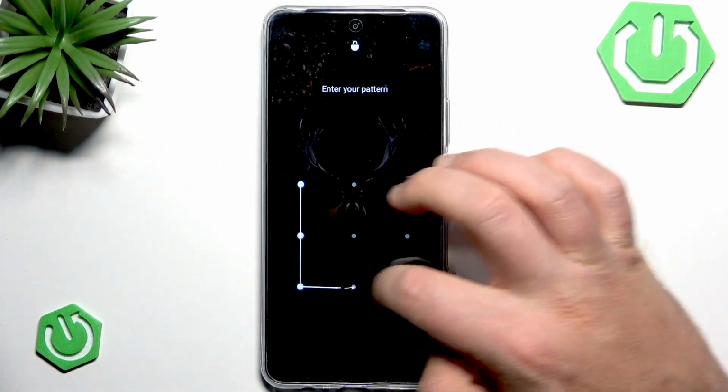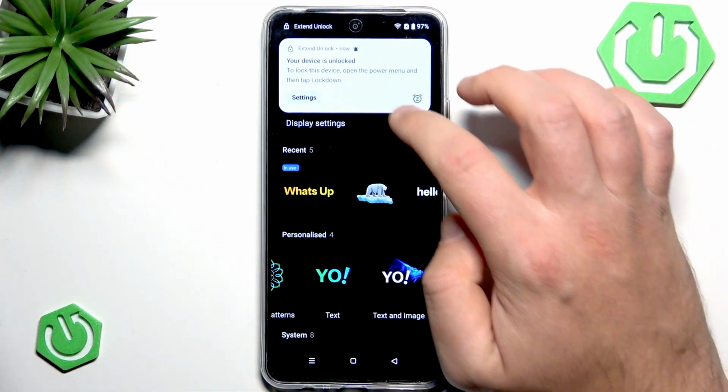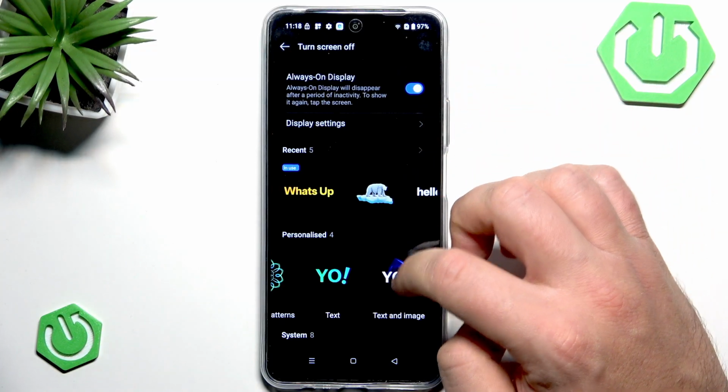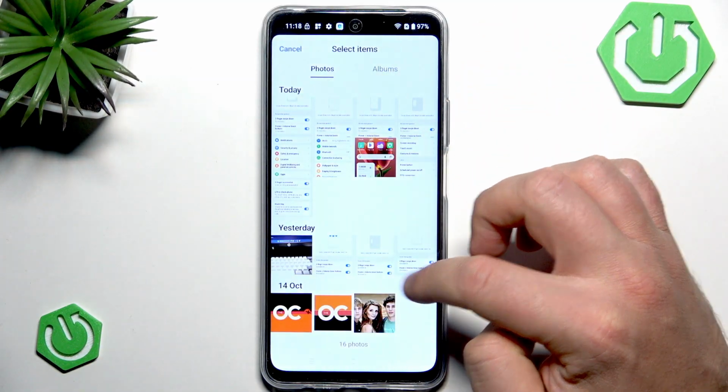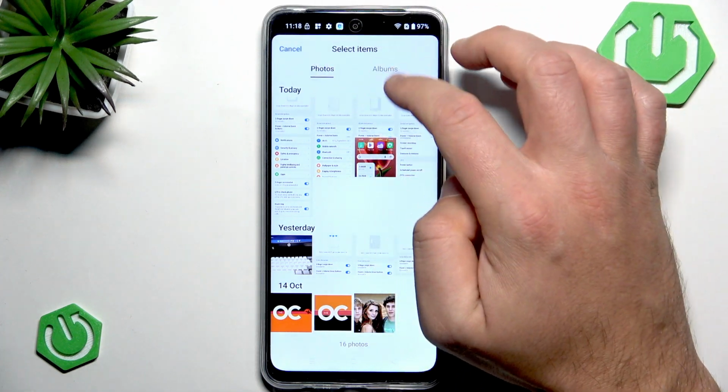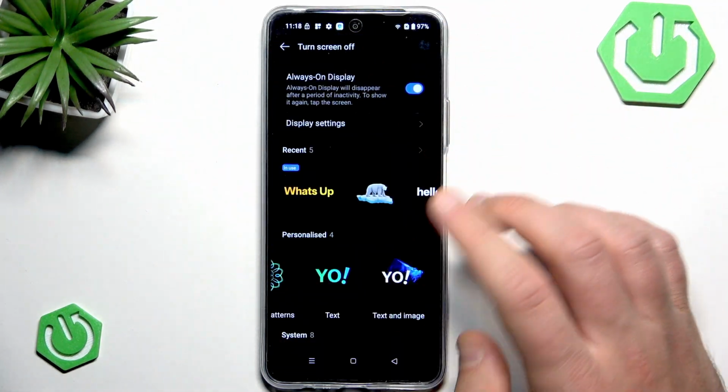Alright, and as I said previously, you can also select here the text and image if you would like to, so you can combine and select some items and select your image here, but in my case let me keep